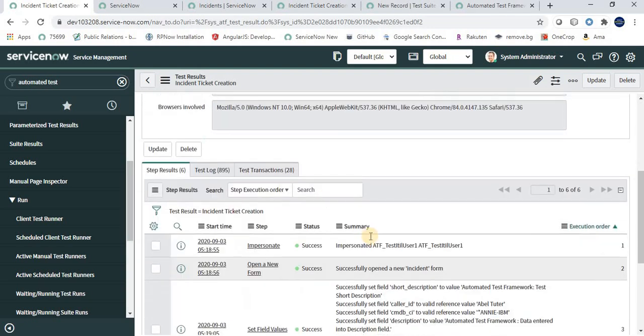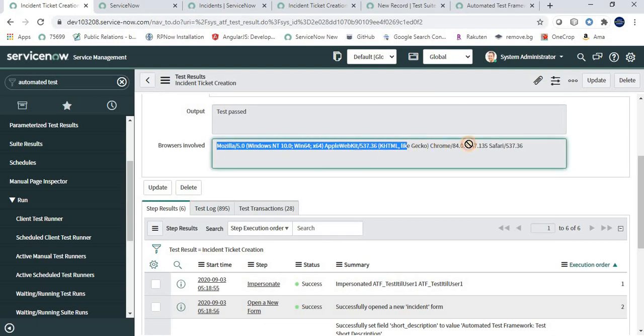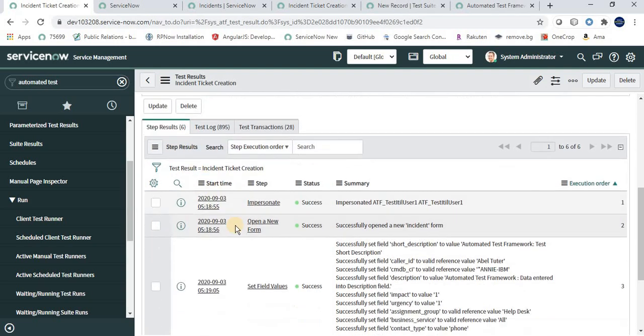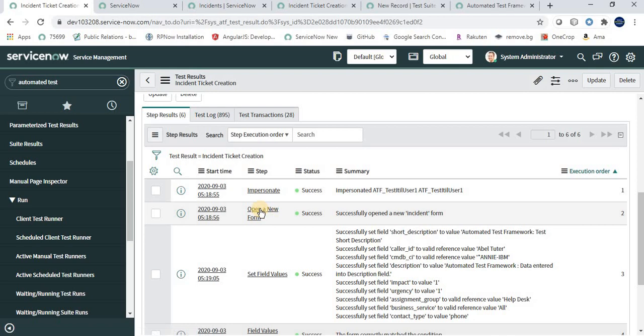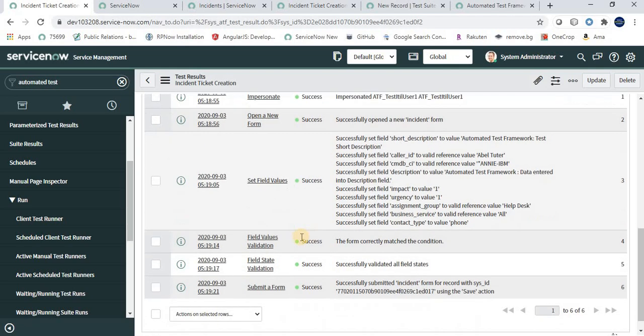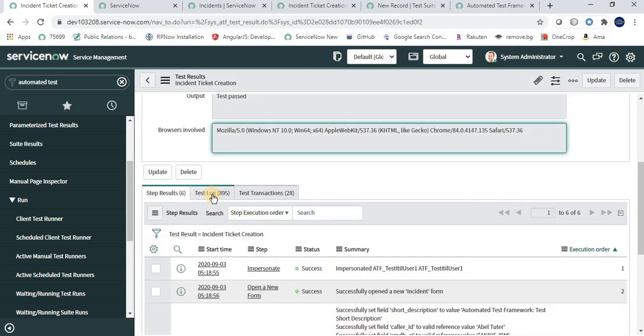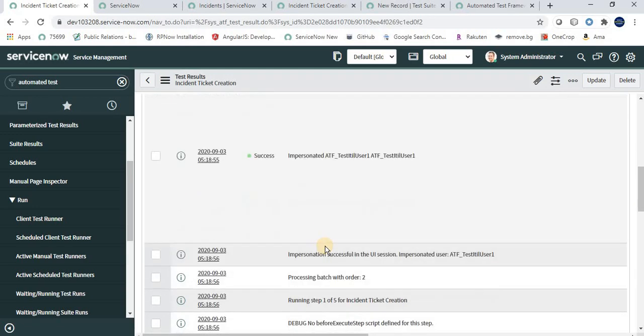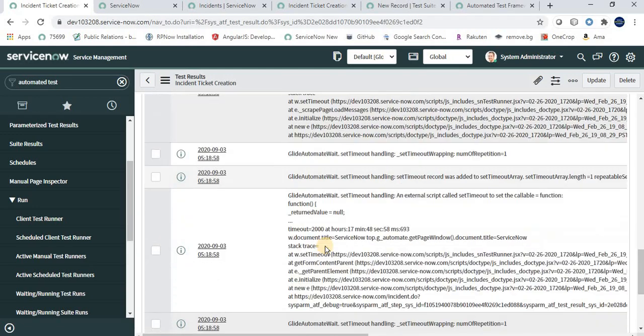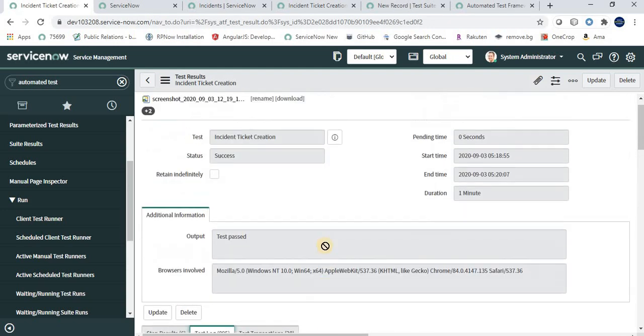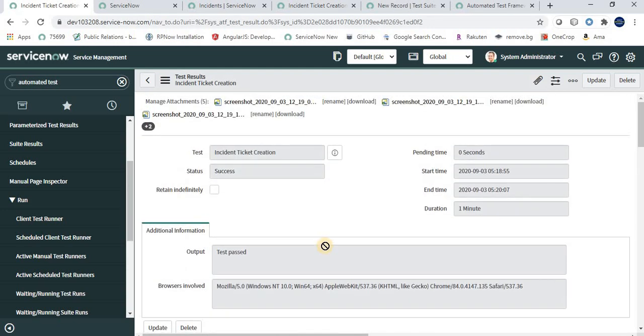Then the browser involved, then the step results, each and every step: impersonate success, open new form success. You can find each and every step result, and also the test logs. In this way it provides a perfect result: which steps passed, which steps failed, and how much time it took.